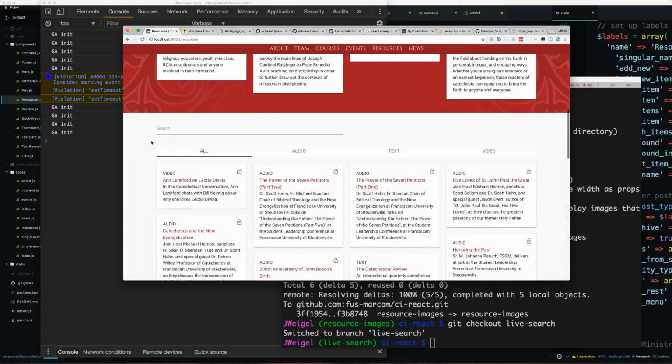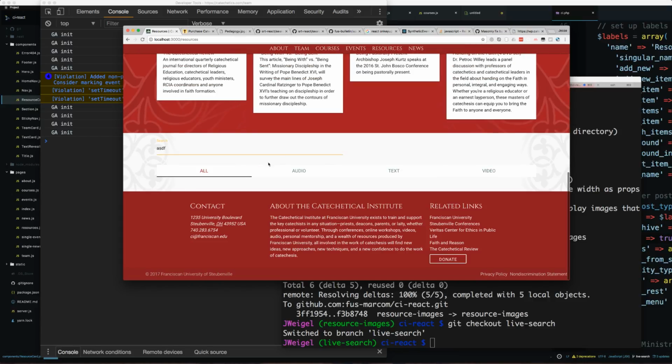Alright, so basically here's what I want to do, and this is easy. I don't like that when I type something in and there's nothing, it just totally shrinks up like this. So I'm going to add a min height. I remember some other suggestions about animating the transitions, but for now I'm just going to add a min height